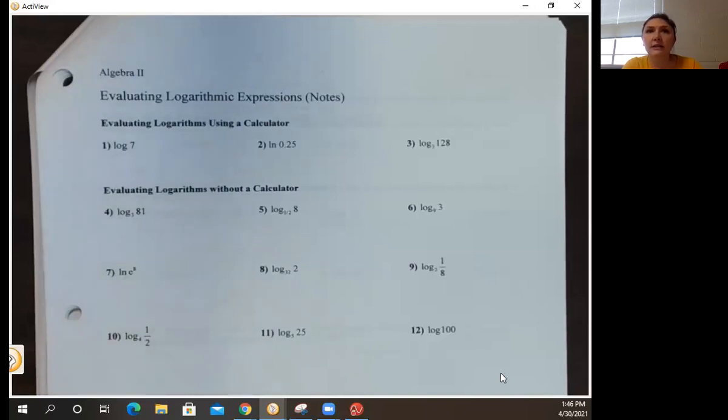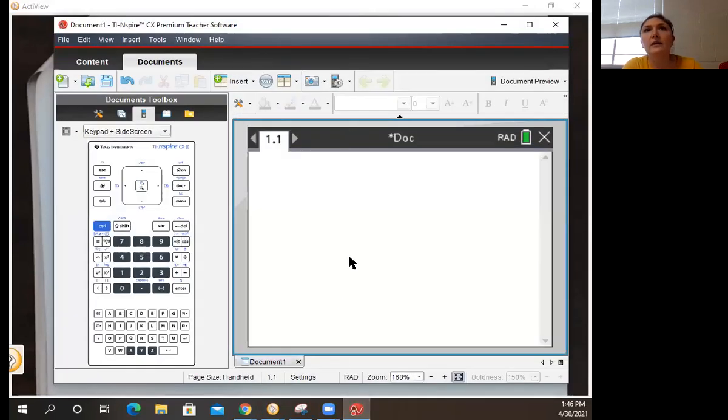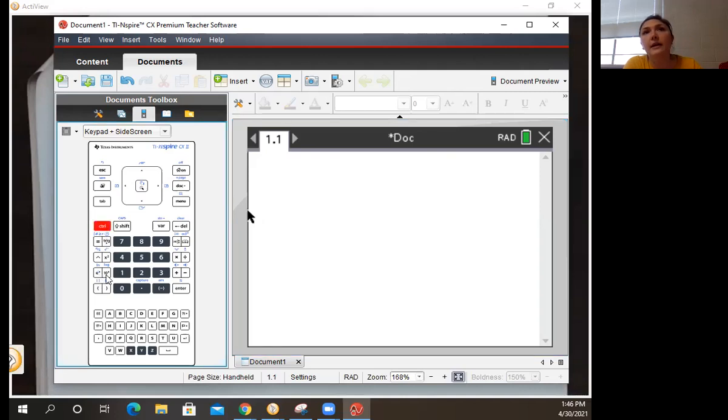So on your TI Inspire, let me pull mine up here. I'm on a calculator page. If I want to evaluate a log, we actually have a key for that. So if you look here at the 1, right next to it, I have that 10 to the x key. And then in blue, right above, I can see it says log. So if I hit the blue control button and then that key, I get a log that pops up on